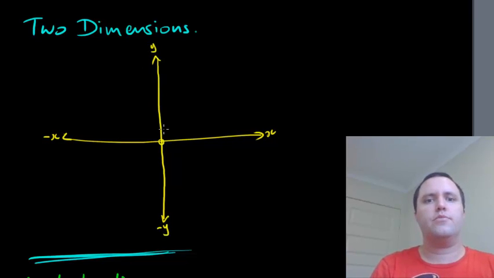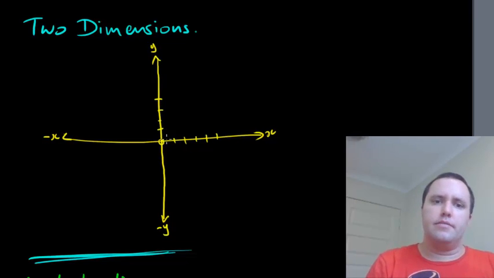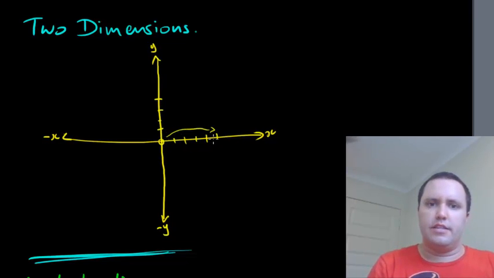So if we've got 1, 2, 3, 4, 5, and 1, 2, 3, 4, and we move 5 along this way and multiply it by 4 going up this way,